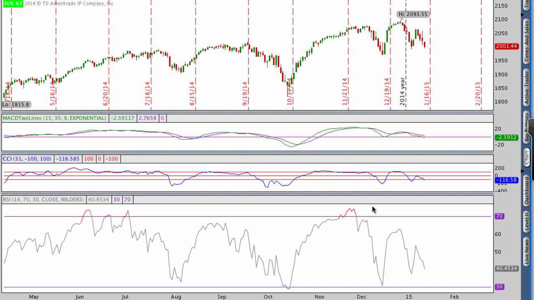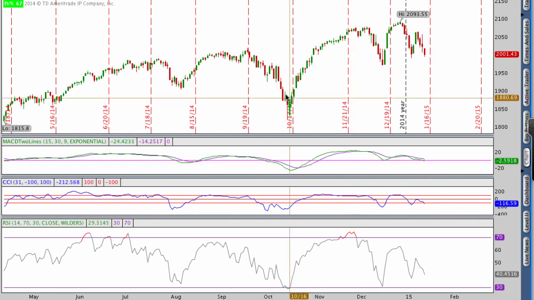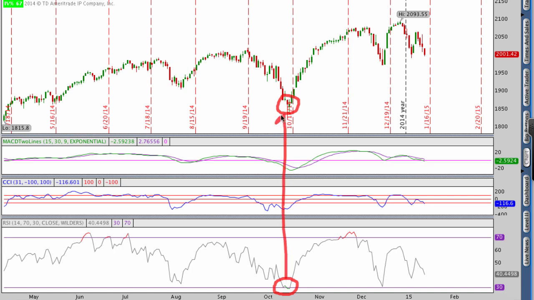Now when we look back in time again with CCI and MACD, and let me just smush these down a little bit. Here's the look at the S&P 500. You can see that we did get a reading all the way down here on RSI below 30, which ended up being almost a perfect buy on the market because stocks really bottomed out from that point and continued to